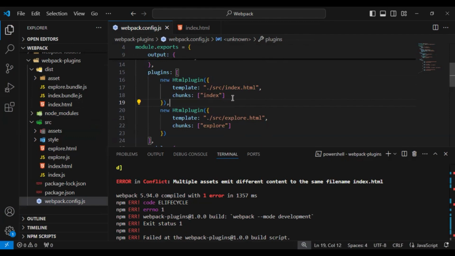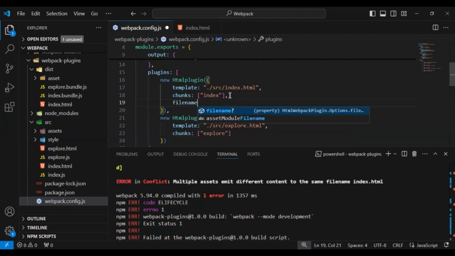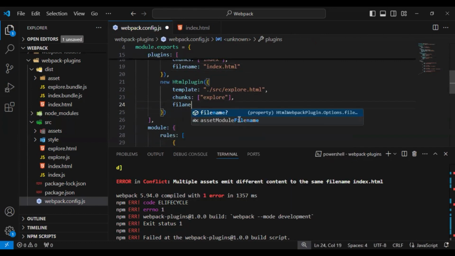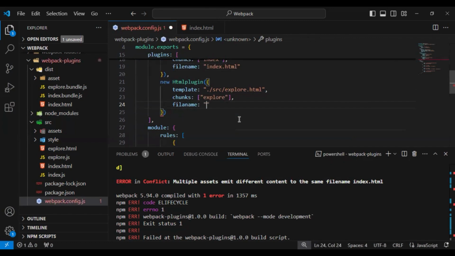Here we need to go with two different HTML files, and for that we need to add one more configuration, and that configuration is file name. So we need to specify what will be the file name of my HTML file in the final bundle. In the first case, we will go with the default, that is index.html, but in the second case, we will give the required name,